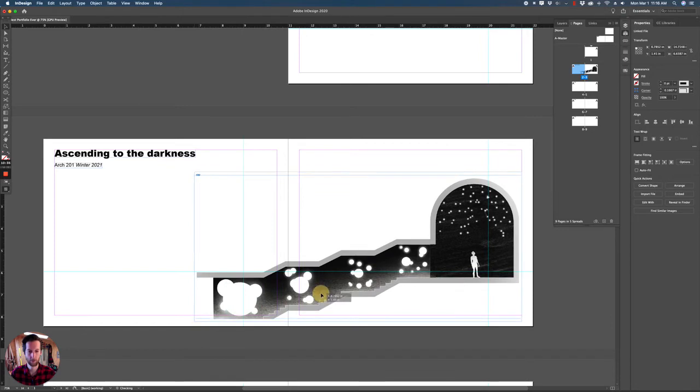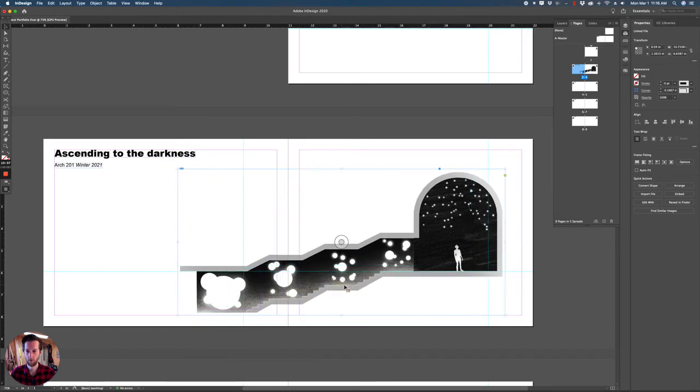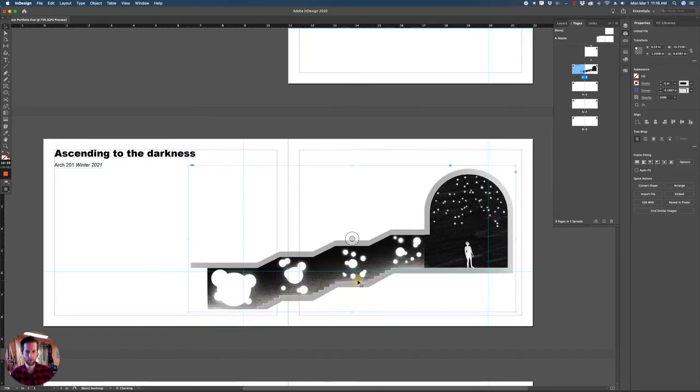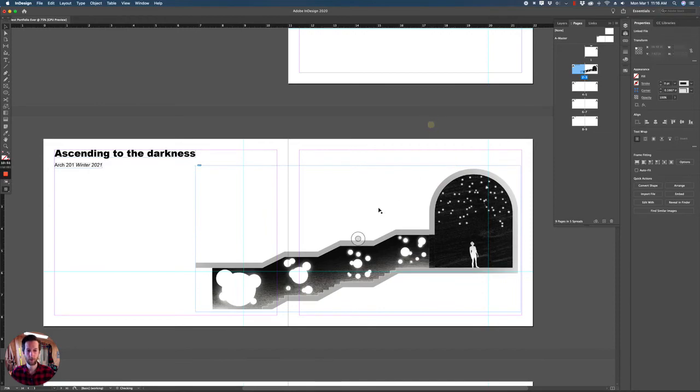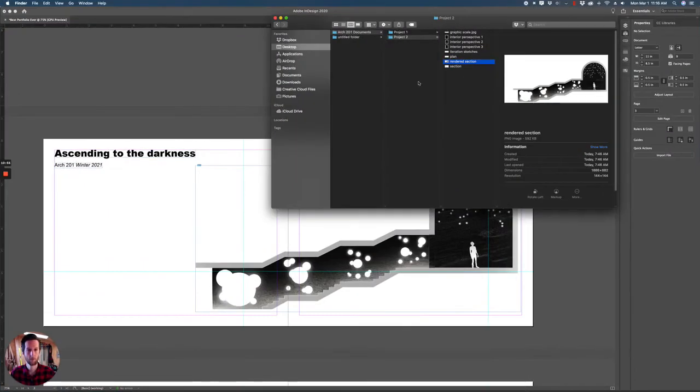And maybe this rendered section, I know hierarchically I want it to be the most important thing on the page, and I want to get it aligned with the edge of this title, the edge of the title there maybe. So I'm going to push it down, and I wanted to drop some other stuff in. Got a section,